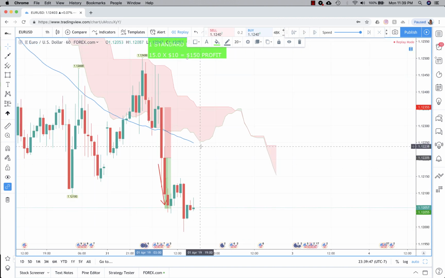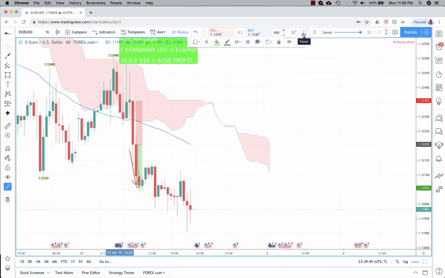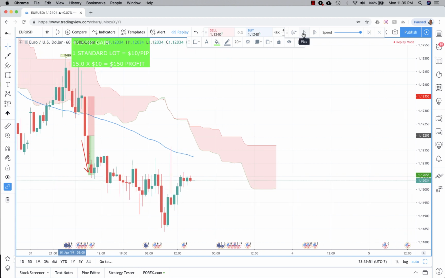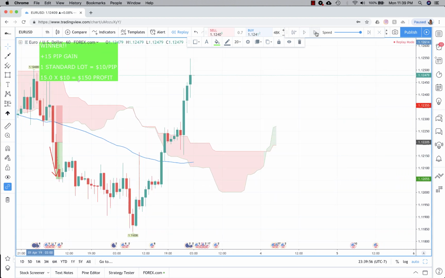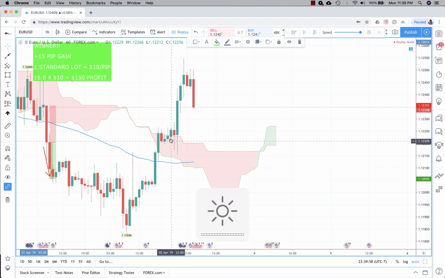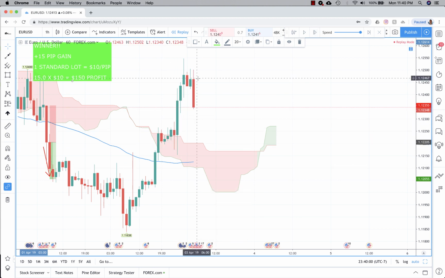All right, waiting for price to pull back up. It's getting closer. All right, it might be somewhere nearby. So now price is above the cloud, so now it's trending up. So now we'll look for buy orders. We'll look for price to close below the 50, and then we'll try to catch it on its way back